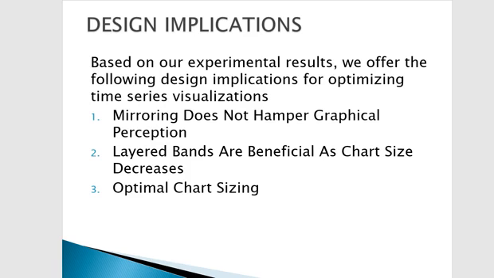One unexpected result was that mirroring a chart, flipping the negative values around zero, neither slowed estimation time nor hurt estimation accuracy, as mirroring cuts the size of the chart in half without an observed downside. We advocate its use when space is constrained, so long as viewers know how to interpret the chart.